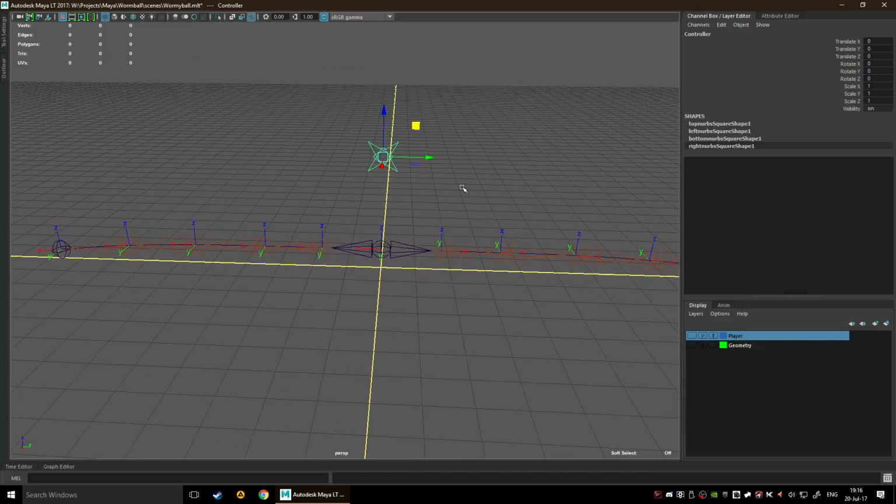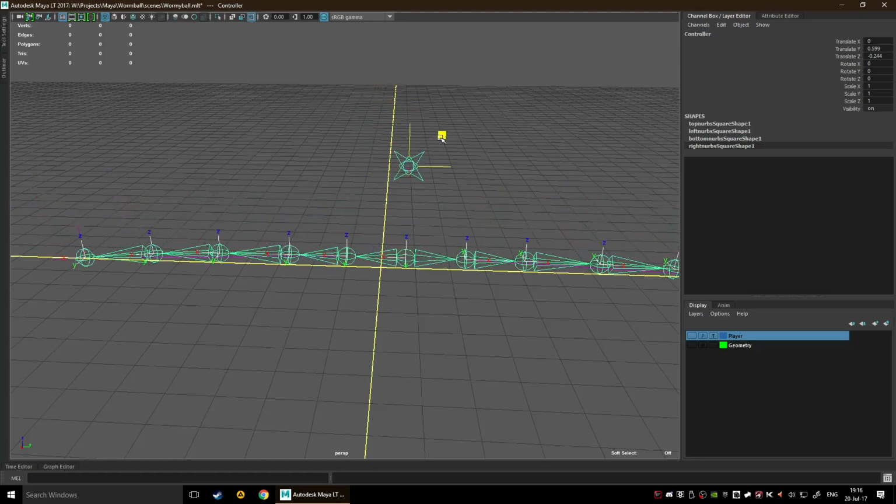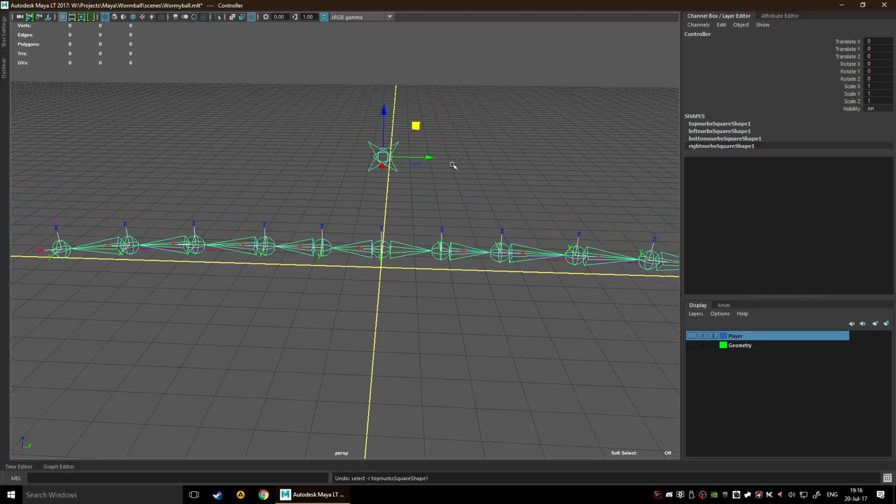How are you going to parent this? How are you going to constrain this? Now you got two options, right? Obviously the first one is to select the child and then select the parent and press P. And now every time you move this, so will the rest of this stuff. Obviously not ideal, because usually in these situations you're better off constraining, because like I said, constraint is a set